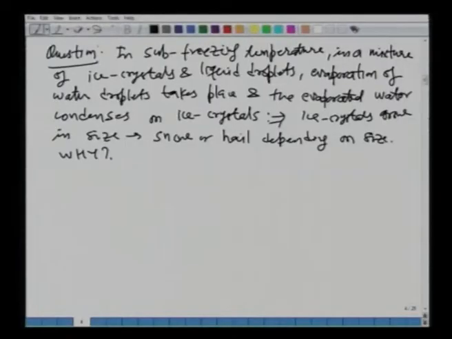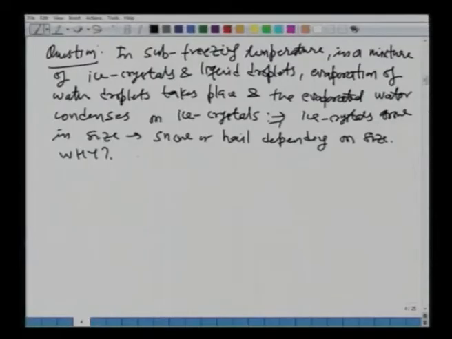All right. So, the liquid water gets evaporated, and that evaporated water quickly condenses onto the ice crystals and they grow in size. Okay. Why does that happen? Think about it. The answer lies in the saturation vapor pressure of solid and liquid water. All right. So, if you think about it, the reason is